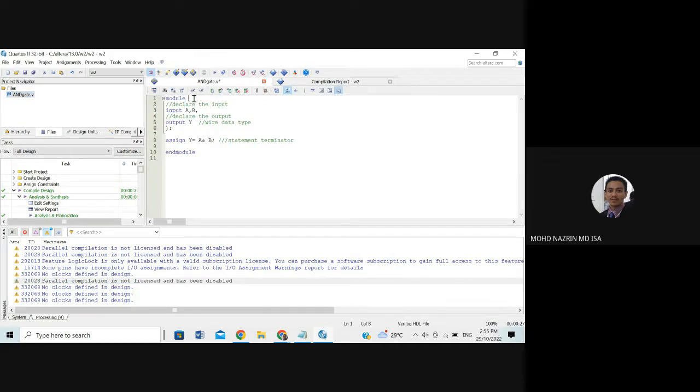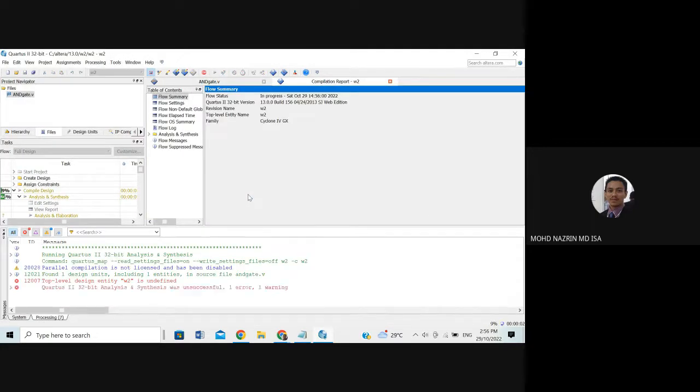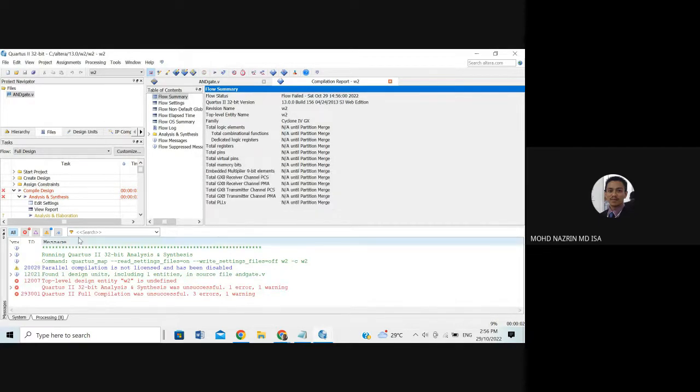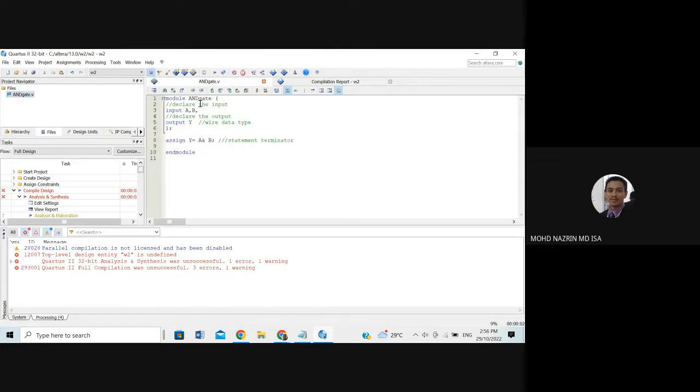Contoh kita letak sini. Kita cuba cari error dia. Okay, kita boleh tengok balik lah. Dia berkata sini 3 errors and 1 warning. So warning ni don't worry. Go to the error punya tab. Tengok dia kata sini, dia kata top level design entity W2 is not defined. Maksudnya, ini dipanggil top level entity ni. Dalam kes ni, dia tak define sebab kita namakan dia tadi